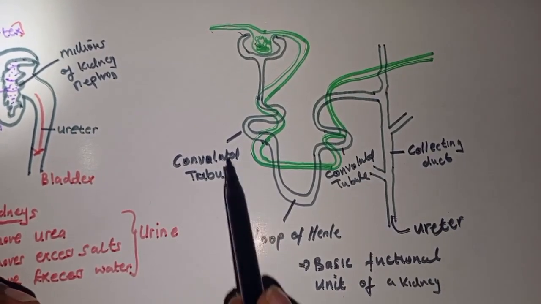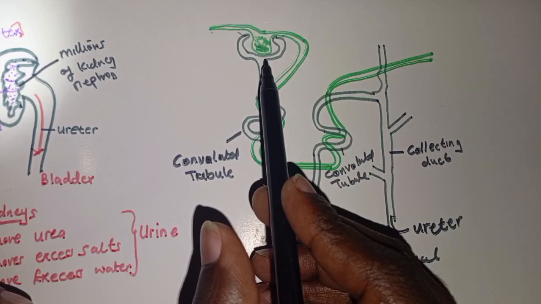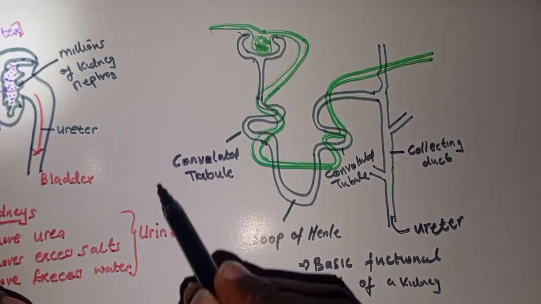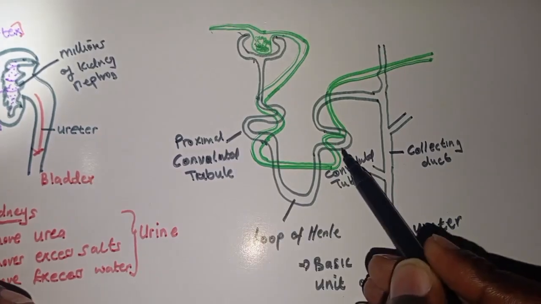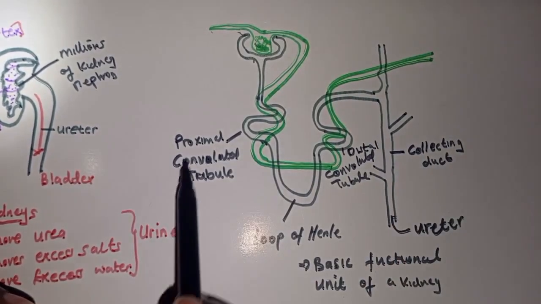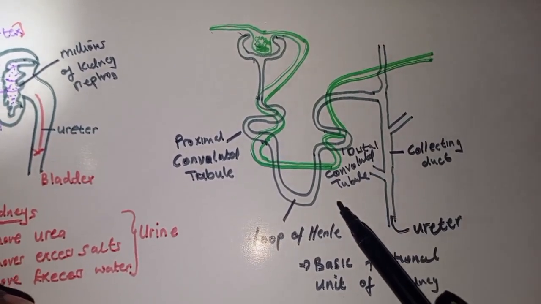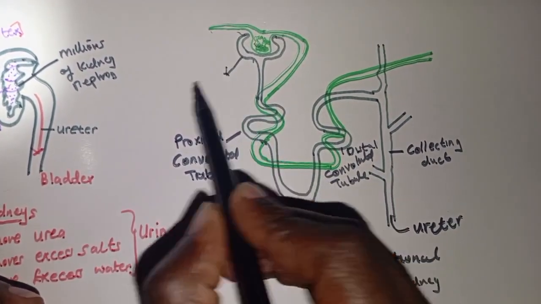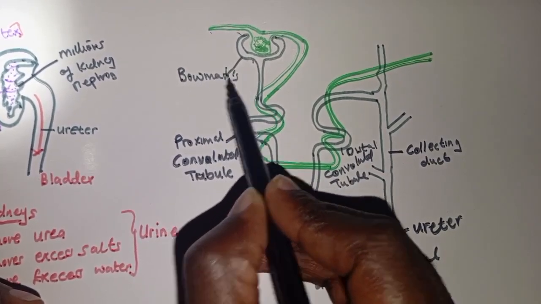Now the difference is that this one is near this thing here, which we're going to talk about soon, the Bowman's capsule. So the convoluted tube near the Bowman's capsule is called the proximal. The convoluted tube near the collecting duct is called the distal. So we can say proximal convoluted tube, and then here we can say the distal convoluted what? Tube, okay. And then this one structure here, it's called the Bowman's capsule,